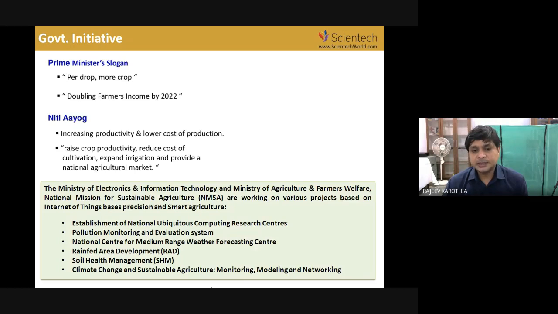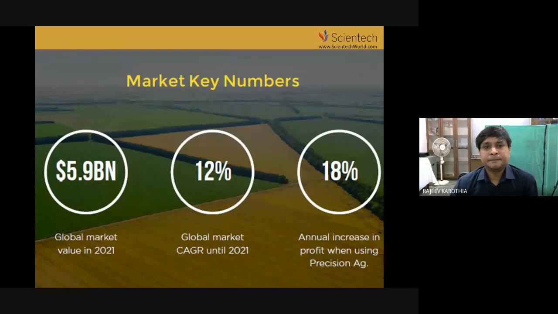Then climate change is again important. This will play an important role in agriculture, because nowadays you can see the environment is very polluted, and we are not having proper rain in some locations. So climate change plays an important role in agriculture. Some of the projects are relevant to this climate change, to make our agriculture sustainable.